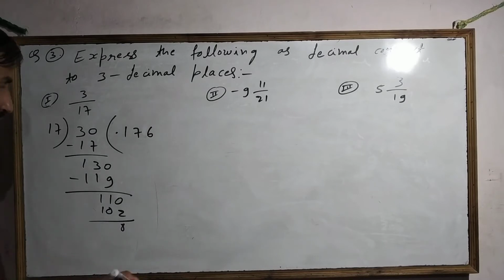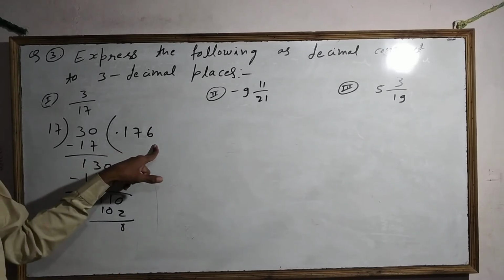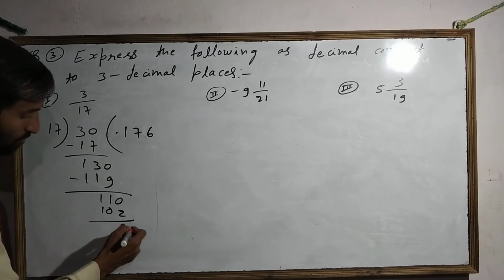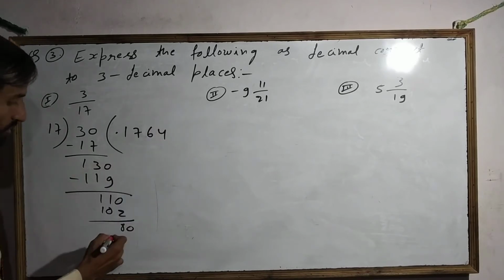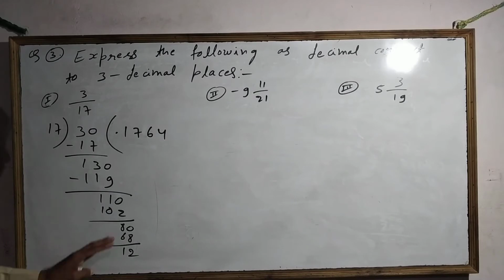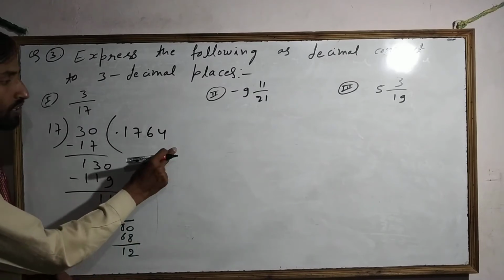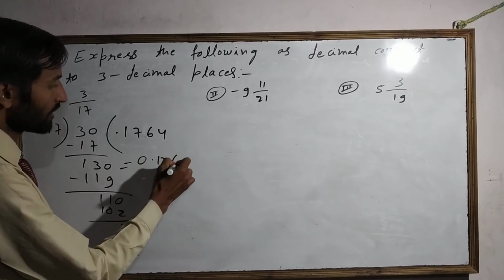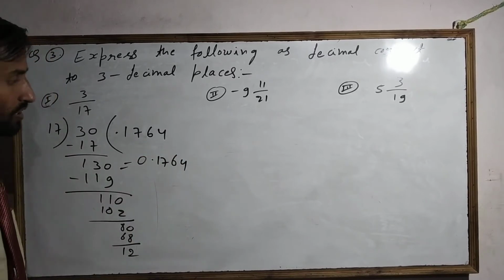Okay, now we have divided 3 decimal places, but we have to divide one more, so we put a 0 here. Now 4 times 17 is 68. Now we subtract, the remainder is 2. Whatever remainder comes, no need to worry, just look at the decimal number that came, 0.1764, meaning we have divided up to 4 decimal places.